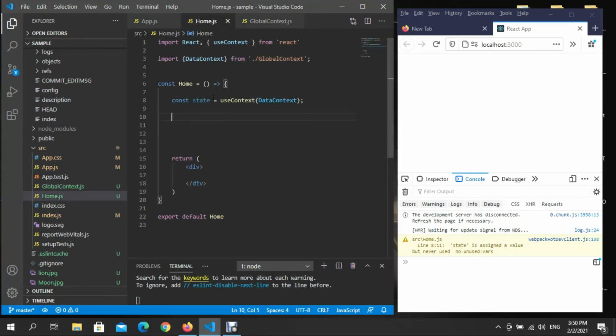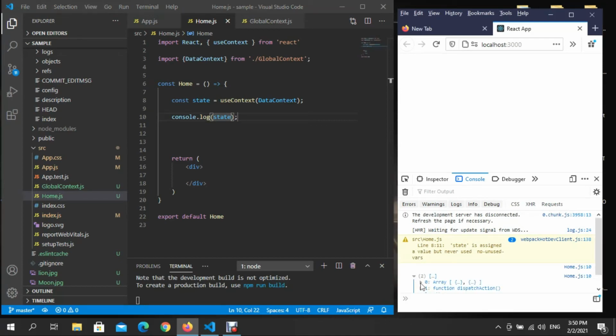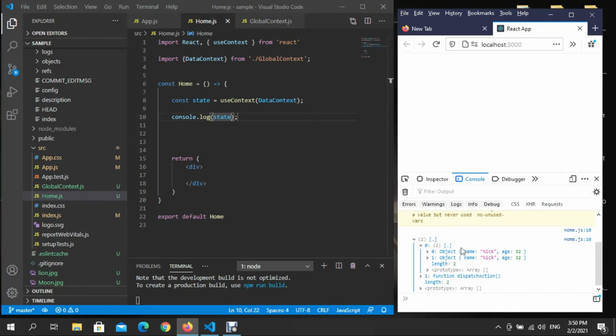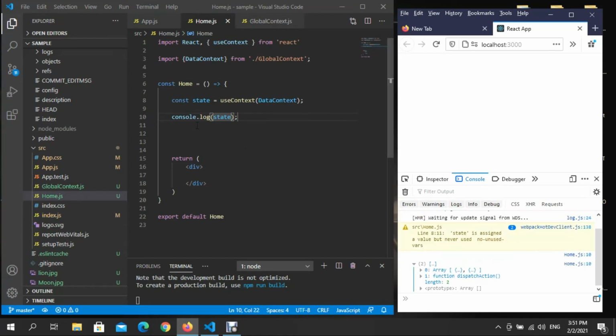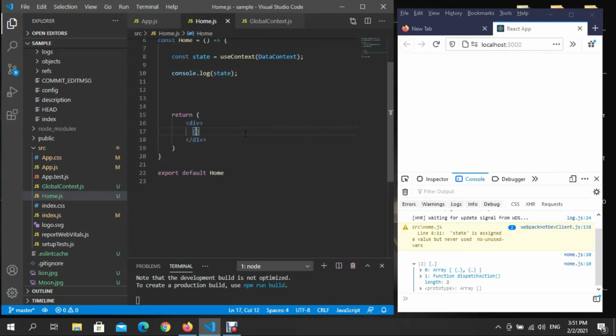Let me see. We got the home. For example, let's write, first of all, we need log. Let's write the state. Look here, we got these things right now. Okay, look, we got access in these things, in this state. We got 2 objects here. So if I try and make, look right now,